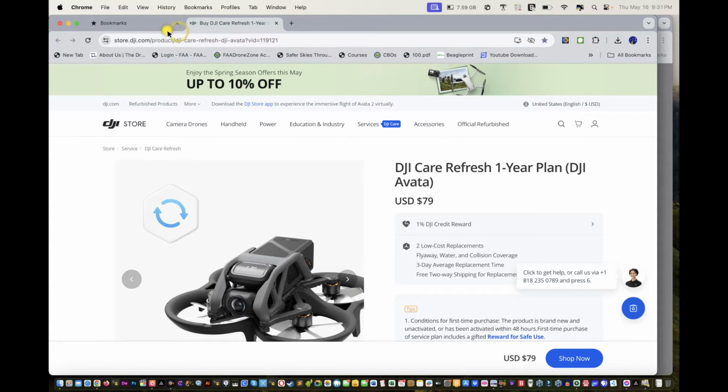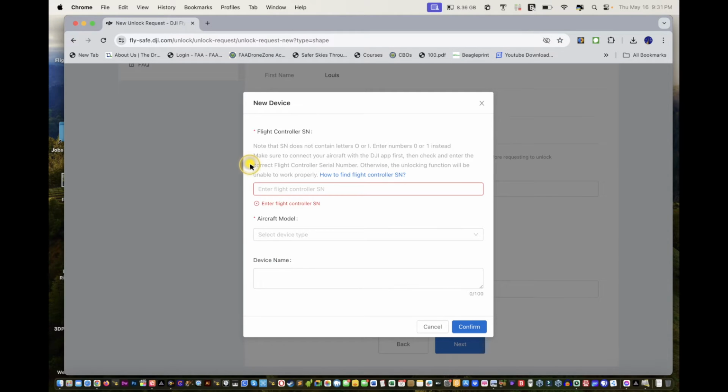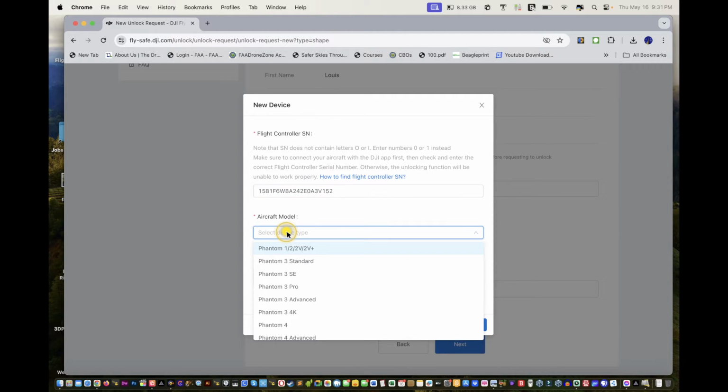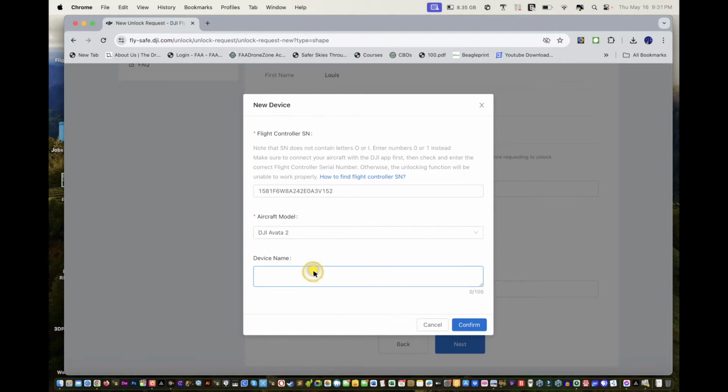And now what we're going to do is close all this and then enter the serial, because they know your device. So they're going to unlock it. Let's go DJI Avata 2. Okay. And then device name. So I'm going to call it Avata 2024, in case I get another one. So I leave the aircraft model as the same, but just change the device name to something else, 2024 or whatever, because I'm probably going to sell something and get another one,